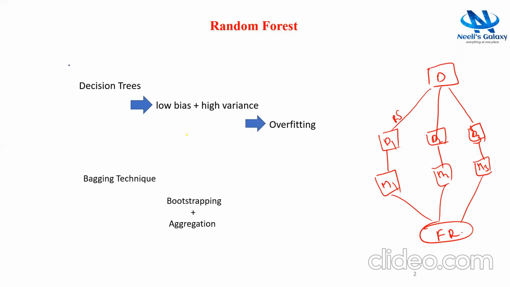So in bootstrapping, we take a random sampling of instances with replacement, and we form individual datasets. From each dataset, again, we construct a model. Up to this is the process of bootstrapping. Whereas in aggregation, it aggregates the results of all individual models to get the final result. So this is the bagging technique, and random forest uses it to avoid overfitting of the data. Random forest actually combines the concepts of bagging and random sampling of features.